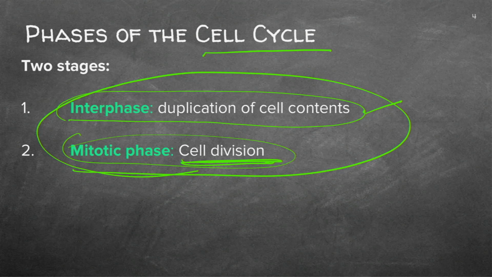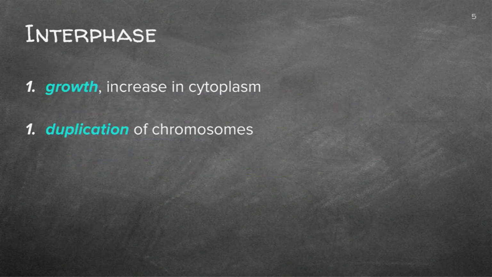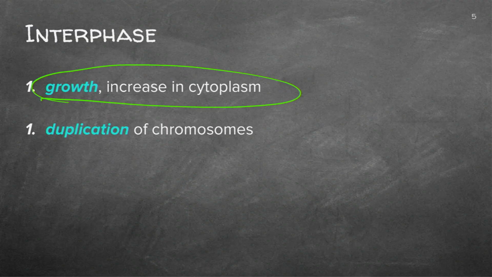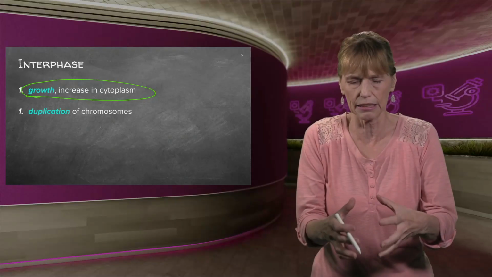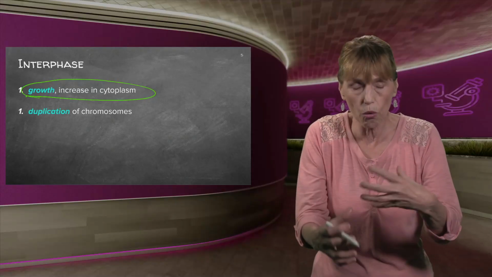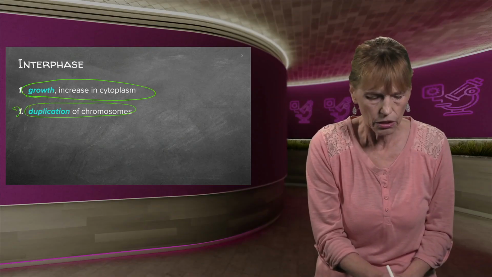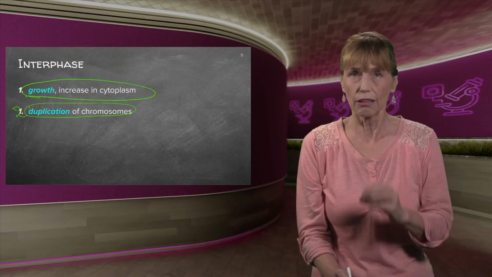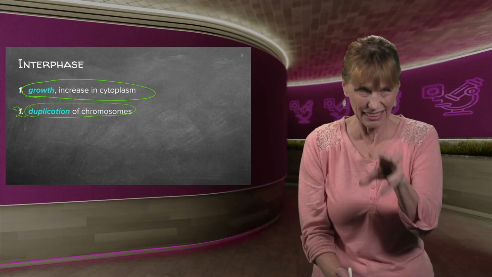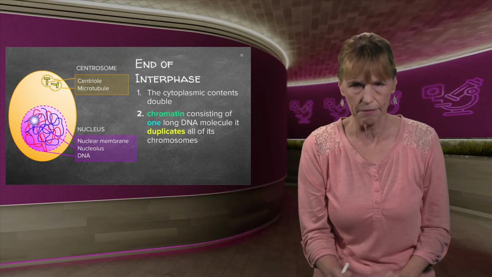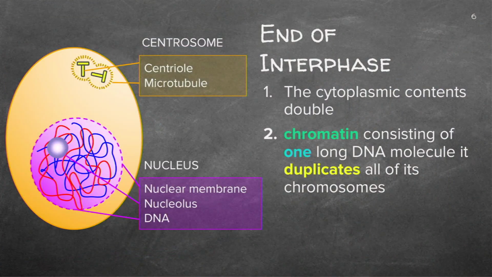Think about that. Right. Now, what happens in interphase again? It grows. Increases in cytoplasm. Cytoplasm, remember from what we did in the cell? It's all the stuff that's in the cell. It's the cytoplasm with its organelles, and it duplicates its chromosomes. Right, so this is interphase. It's done its cell stuff. Next phase is mitosis. But we will go to mitosis in our next lesson.